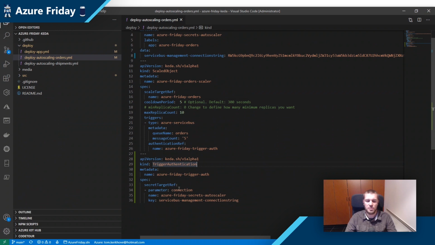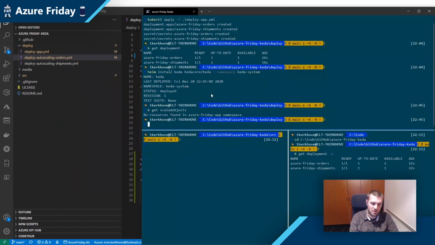In this case, we use a Kubernetes secret. You could also use Azure Managed Identity. You can refer to environment variables. We have other things like HashiCorp Vault, where you can pull these secrets from. And the beauty is that these trigger authentications, you can reuse them for different scaled objects. So I will go ahead and deploy this.